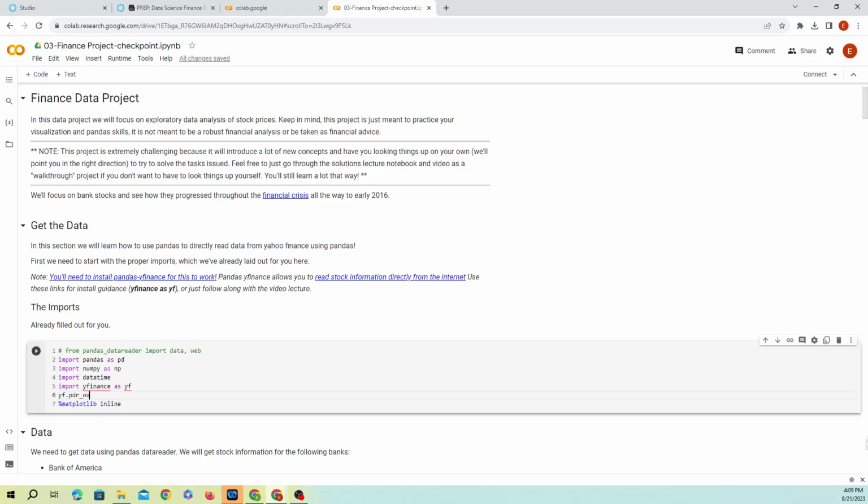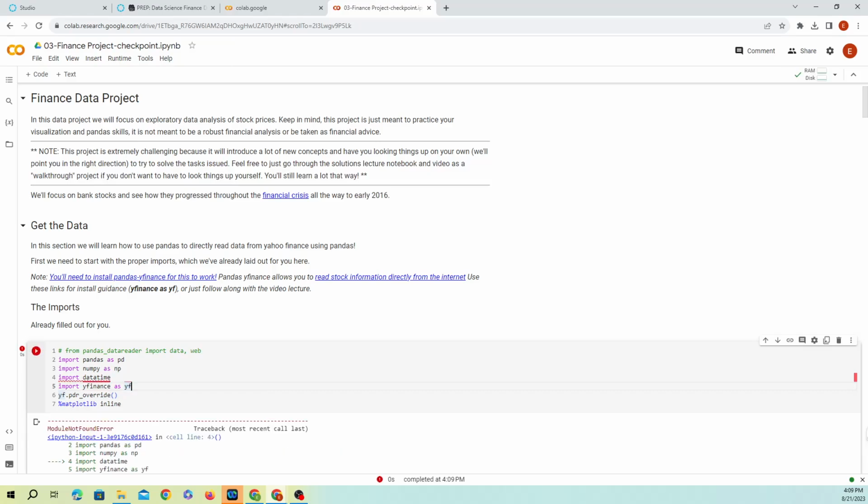Let's see if this is okay. I think so. Why is it highlighted? Let's see. Datetime was misspelled. All right, so that worked.